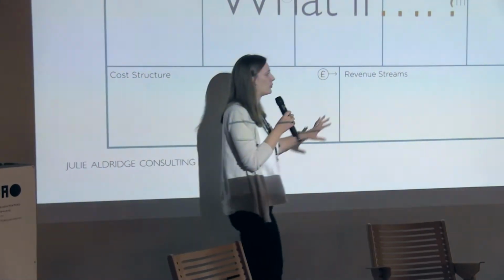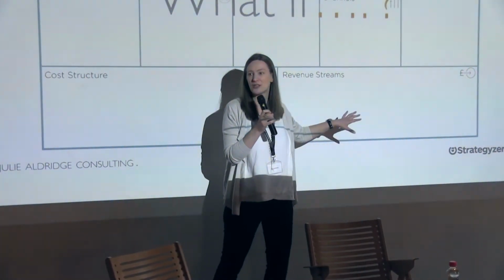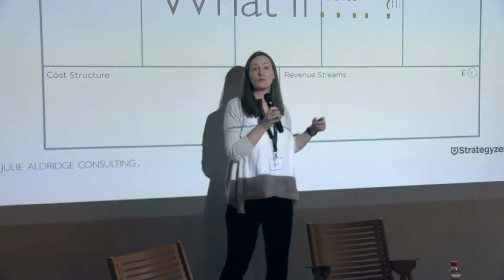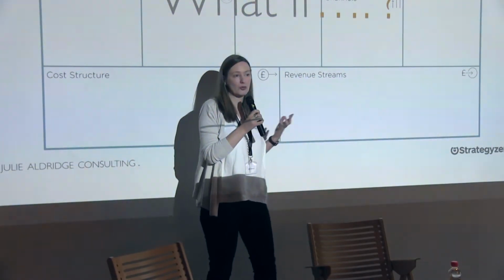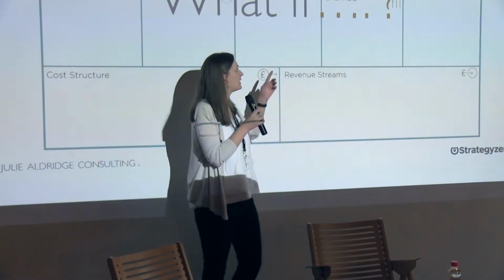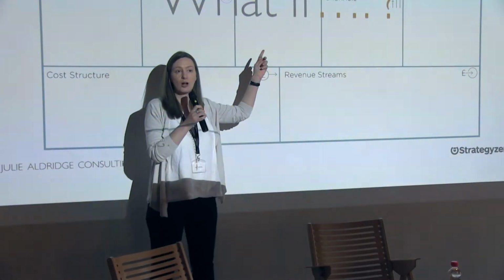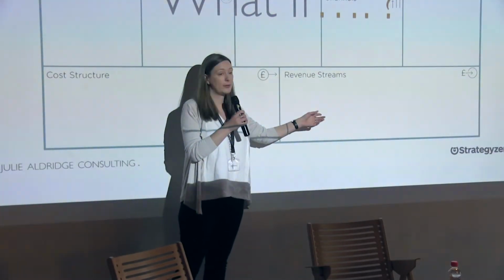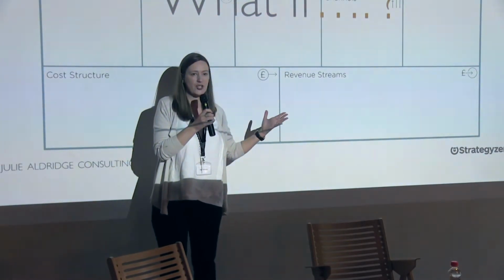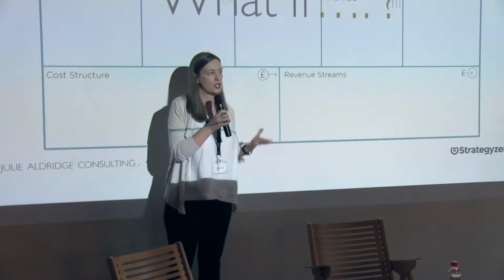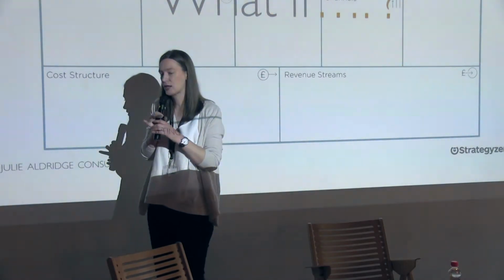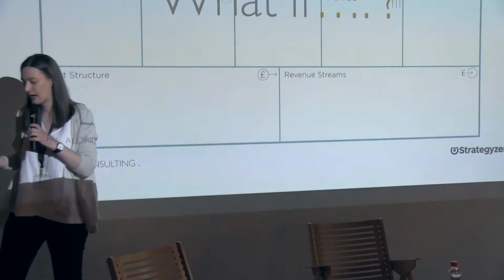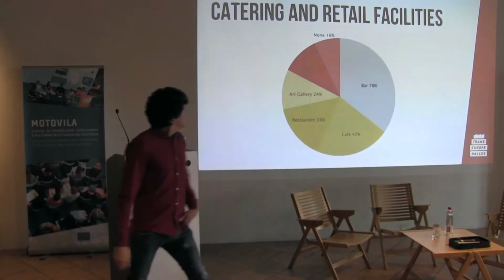So then they move over here and think, well, what income streams can we add? How do we generate more revenue? And then this starts to get more complex as we add in more customer groups, more funders, more donors, whoever it may be. So then we need to think, does this still hang true? Are our value propositions for all of those different groups to create that new income stream still delivering in line with our vision? Does our canvas as a whole still paint the picture we want to tell about this organisation and the way in which we want to go? So you can start anywhere in the canvas thinking about how might we or what if we changed this?